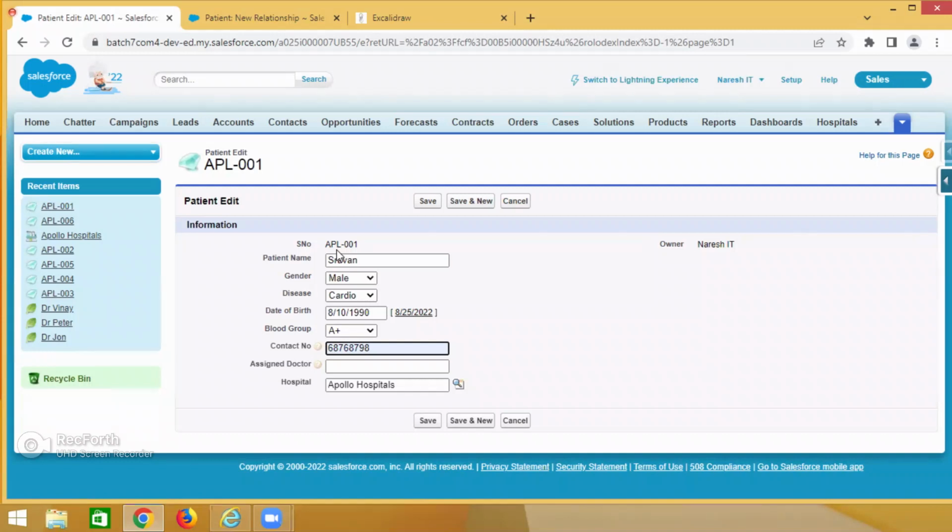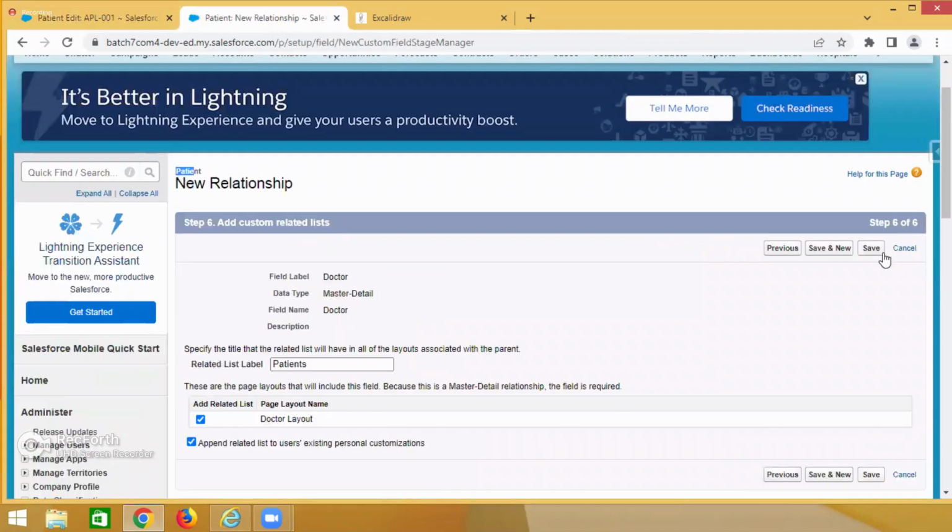If it is existing data, there is no data, guys. There is no data means in the object, patient, there is no data. That means 0 records. With 0 records, when we create one required field or non-required field, it will be created. Why? Because there is no data. For example, 6 records are already there. Now we are adding one more mandatory field. If you click on save